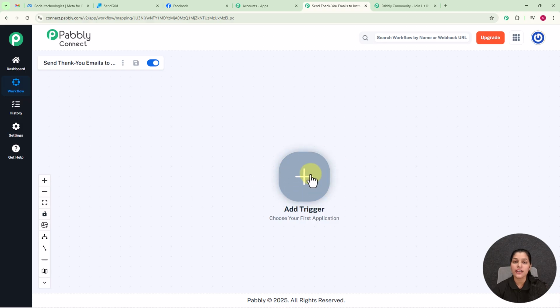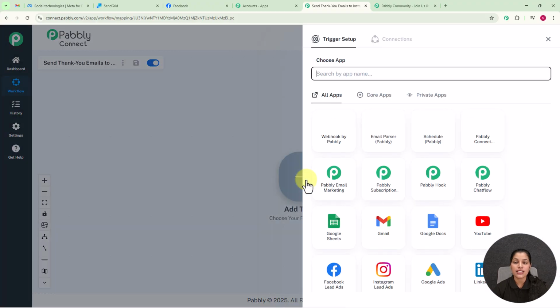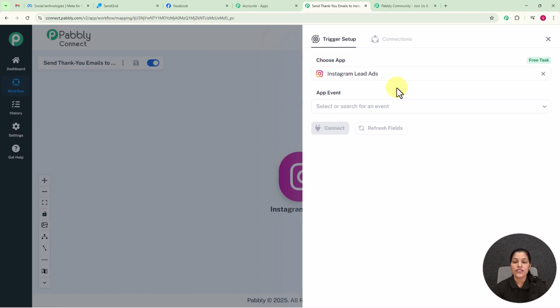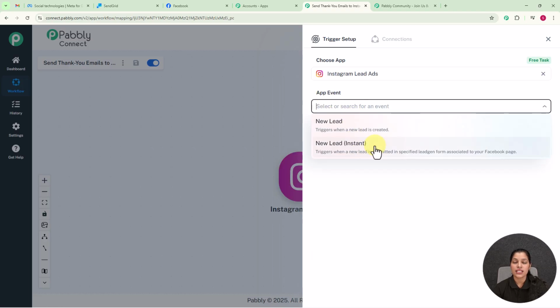So now you might be thinking, what is this trigger? So trigger is our first application, or the application which is going to initiate a workflow. So in this case I want to initiate my workflow as soon as I receive a new lead over the Instagram lead ads. So for that I am going to select my trigger app as Instagram lead ads. So for that you simply have to click over this add trigger button, and you will be getting this trigger setup page, and here I am going to search for my Instagram lead ads, which can be seen here. So I am going to select it,